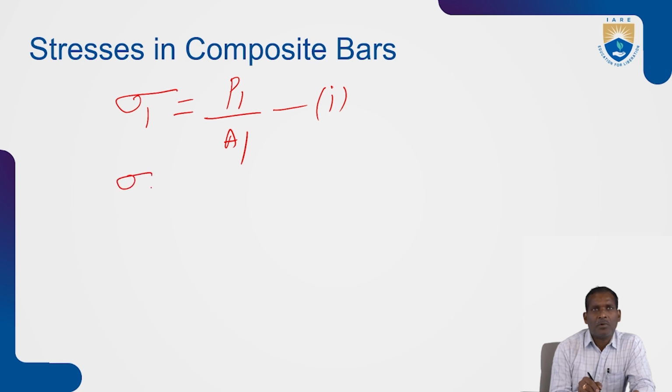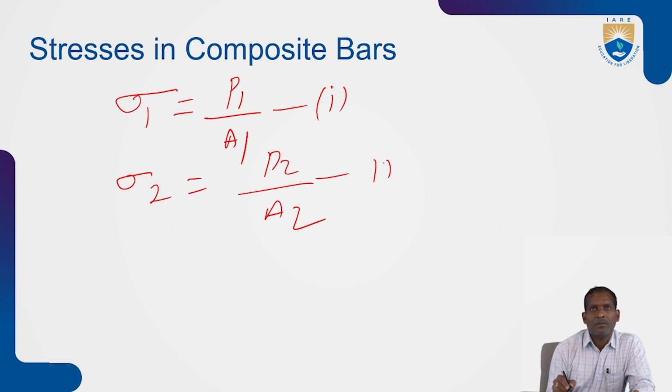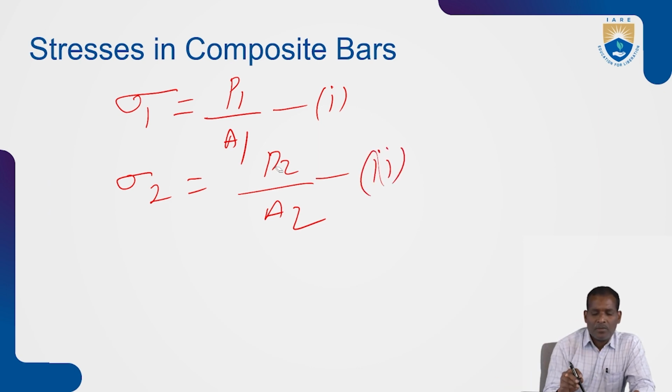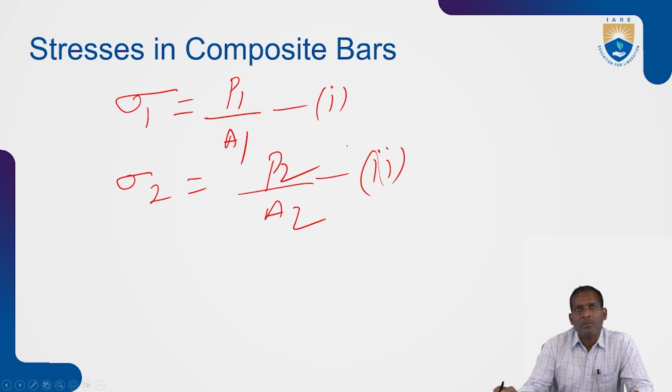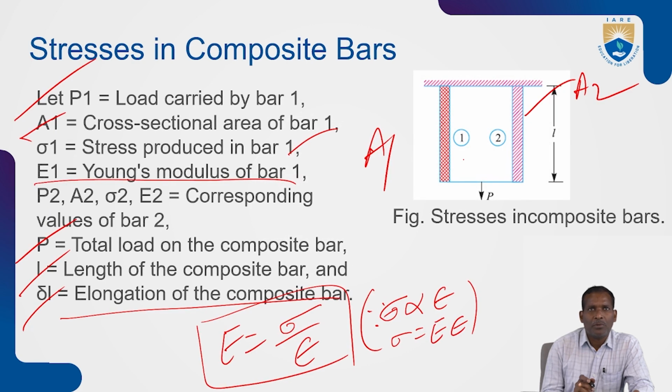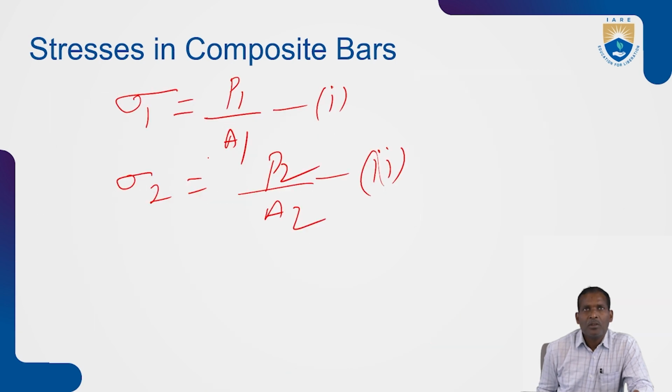Similarly, the stress in bar 2 is P2 by A2. This is the second one. Load carried, second, P2 by A2. So P2 and A2 are the corresponding values of bar 2, and sigma 1 is the stress induced in bar 1, you know. So now,